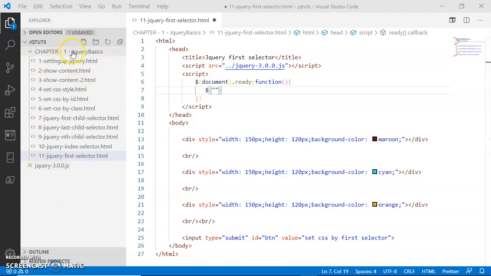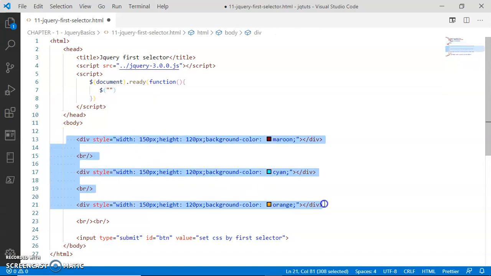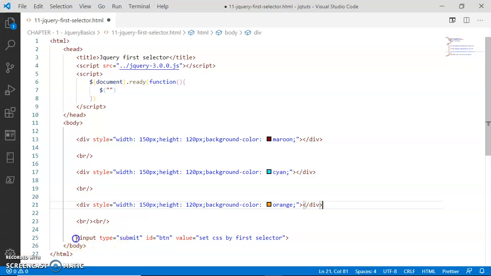Okay, so inside this chapter 1 jQuery basics folder, I have here the 11th lecture, that is jQuery for selector.html. I'm going to maximize this window, and look, inside this body we have 3 divs and 1 button. All these 3 divs are simply sharing some common CSS properties, for example width, height, and background color. Only the background color is different in these 3 divs, and width and height are similar, as we have seen